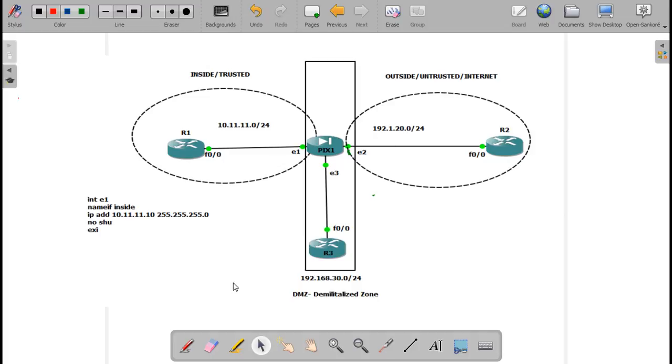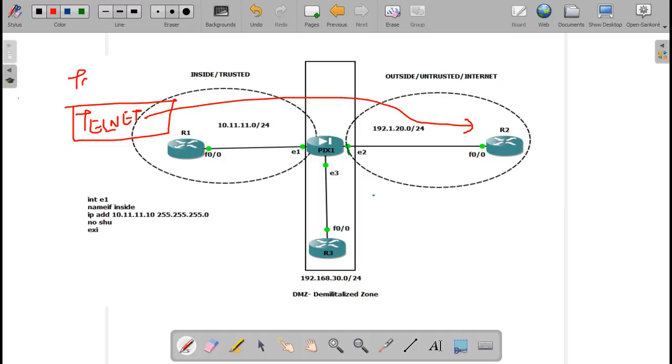Here in case of the firewall it will be this way, and in case of the router the next hop will be the firewall, with static routes for this network. Done. Now at this moment, from R1 I'll telnet to R2. This will be able to go out. Why? Because telnet is what?